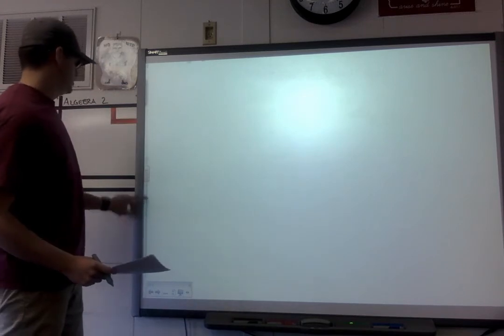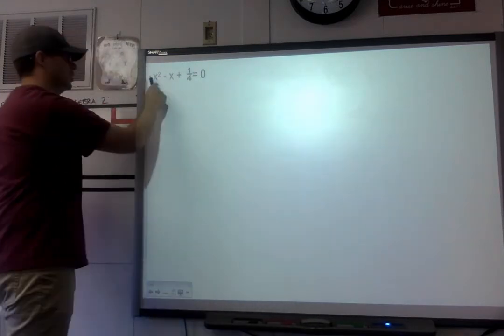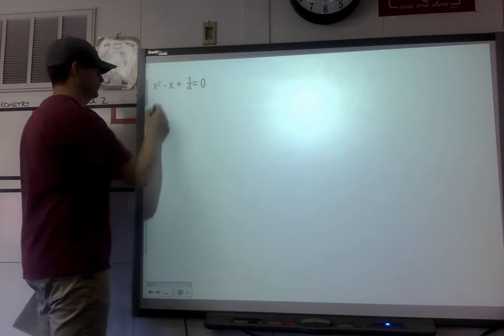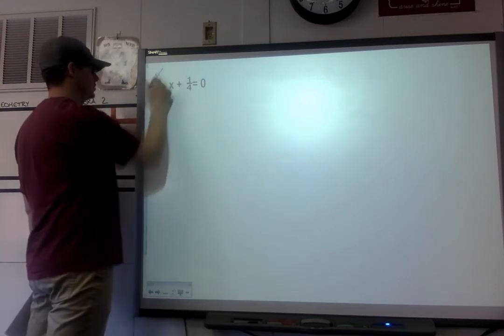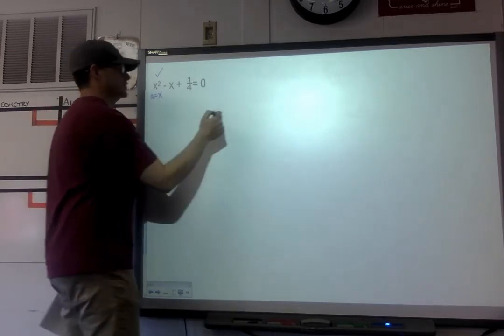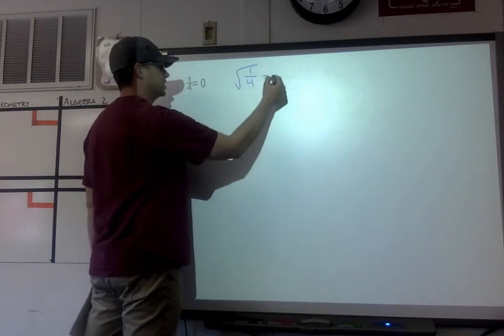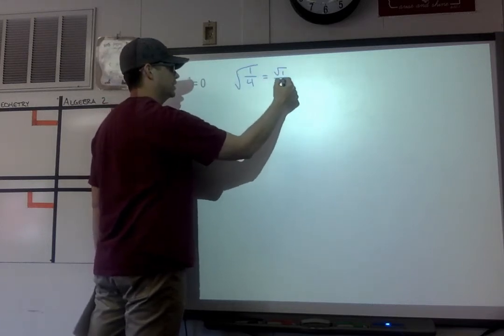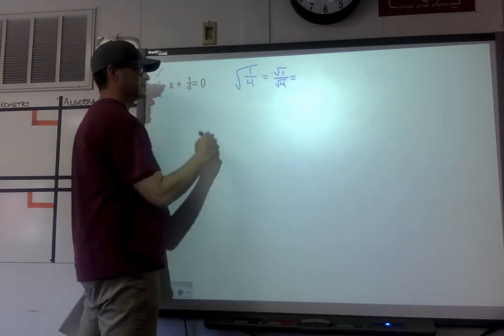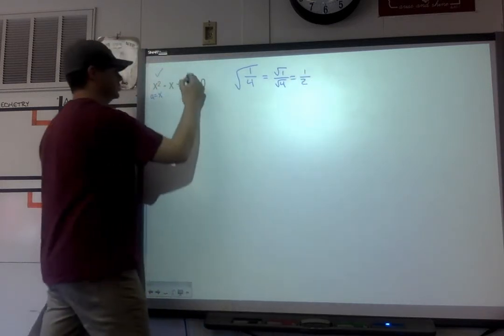X squared minus x plus 1/4 equals 0. So no common factor we can take out, so let's see if it's a perfect square trinomial. X squared is a perfect square. 1/4, is that a perfect square? Remember, when you take the square root of a fraction, you're really doing the square root of the numerator and the denominator, and as long as they're both perfect squares, then the fraction is a perfect square. So the square root of 1/4